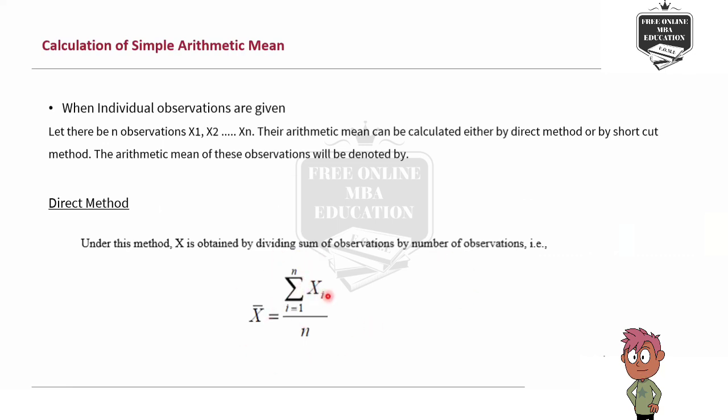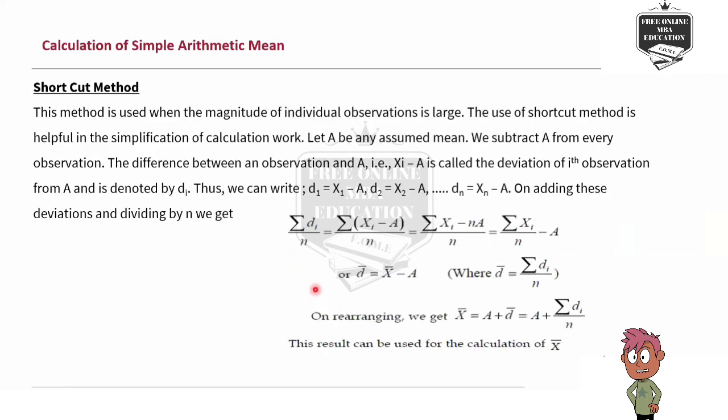This is the simple method to find out the value of the mean or the average. This is the oldest method that we have used up till now. We also have a shortcut method, which is the assumed mean method. In this, you have to assume a mean according to you, and it could be anything. Using this formula, x bar is equal to a plus d bar, that is a plus summation di over n, you can calculate